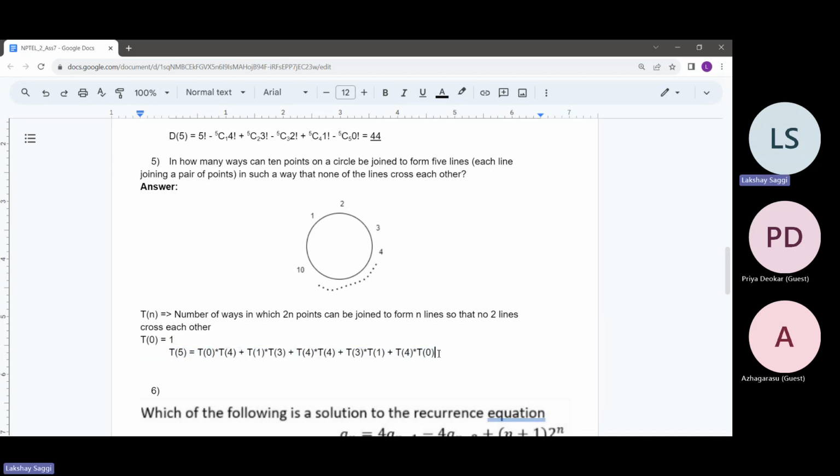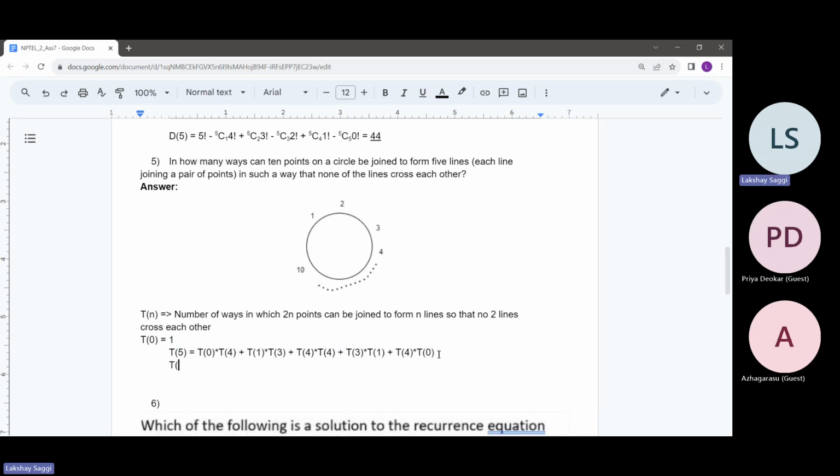So I hope this recursion is clear to you, how we arrive at it. We just take the number 1 and try out different cases: if point 1 was paired up with 2, with 4, with 6, and so on, and we obtain this recursion. So for a general n, what will this recursion look like? I illustrated only 10 points, so I derived the recursion for t of 5. For a general n, this recursion will look something like